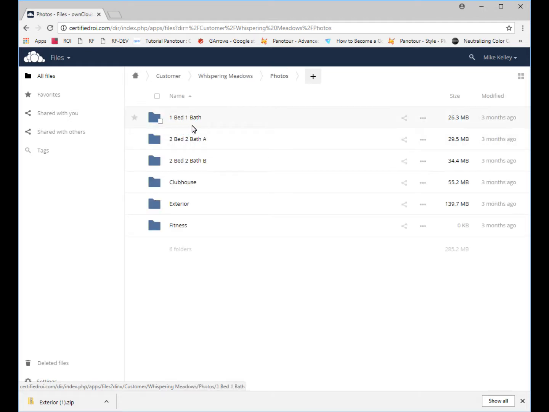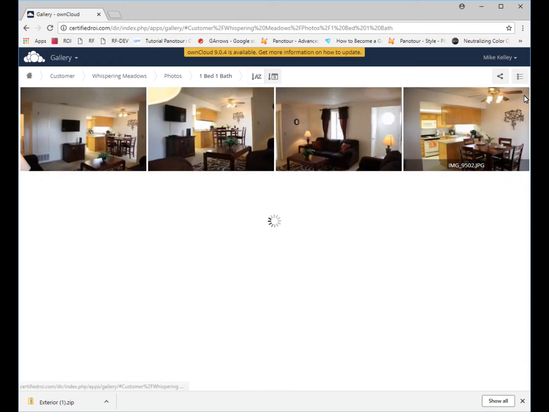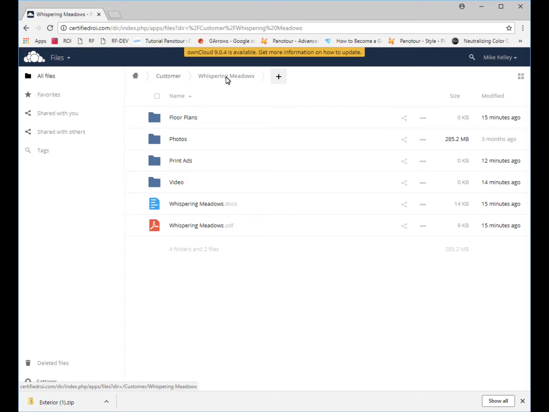If you want to look at different floor plans, obviously here's another floor plan. You can grab those, download them as one into a zip file or individually, and look through them on the thumbnails or back to the list view. Whatever works for you. A lot of flexibility, very, very easy to use. I'm going to go back to the list view, and I'm going to go back to the main Whispering Meadows